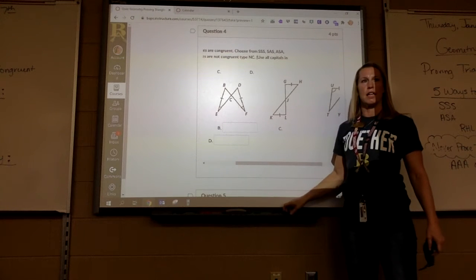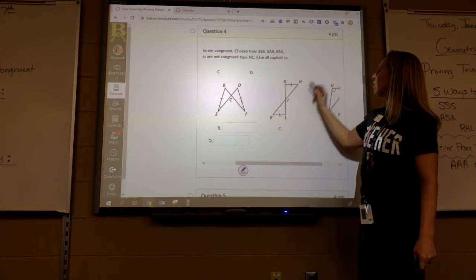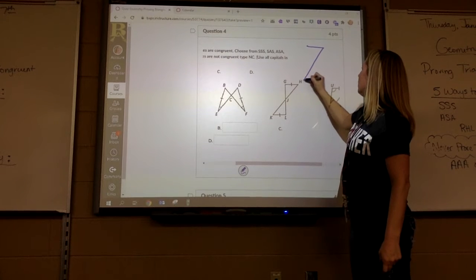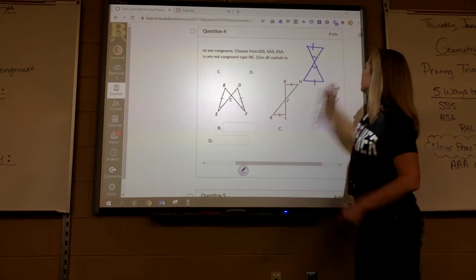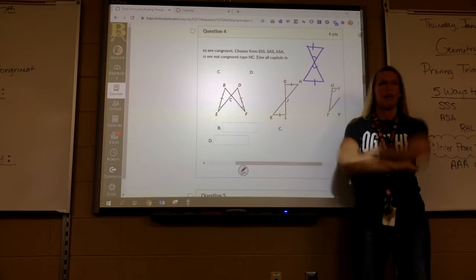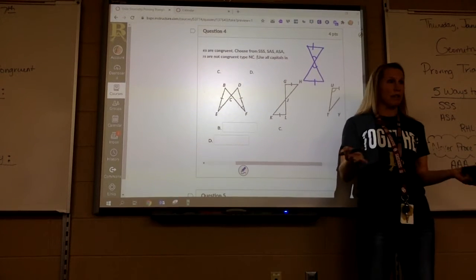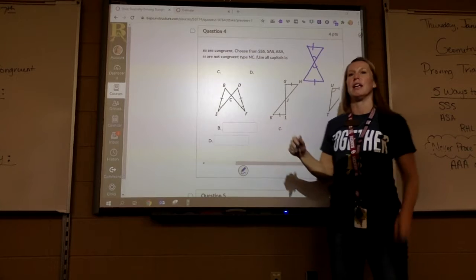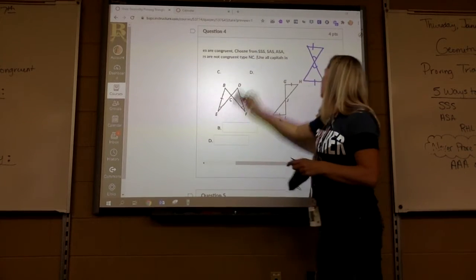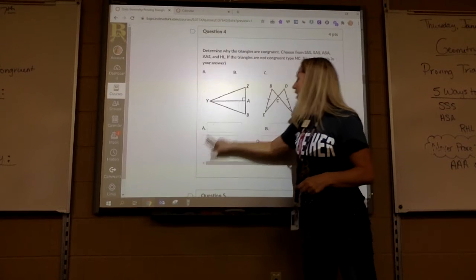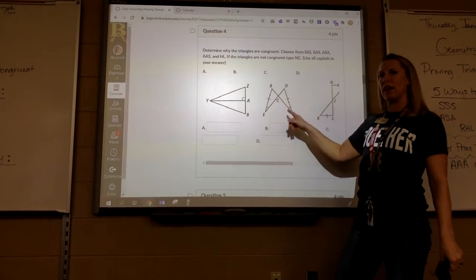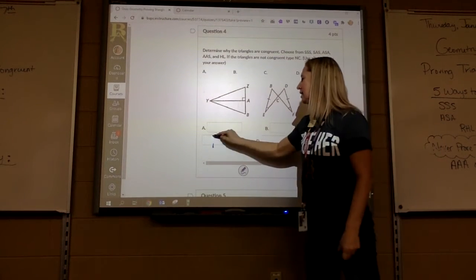So, could I mark anything? Vertical angle, so I would have this side, and my vertical angles. What do you think? Not enough information. There's only two things marked. So C would be NC. So right now we've got A is NC, B is angle, side, C is NC,